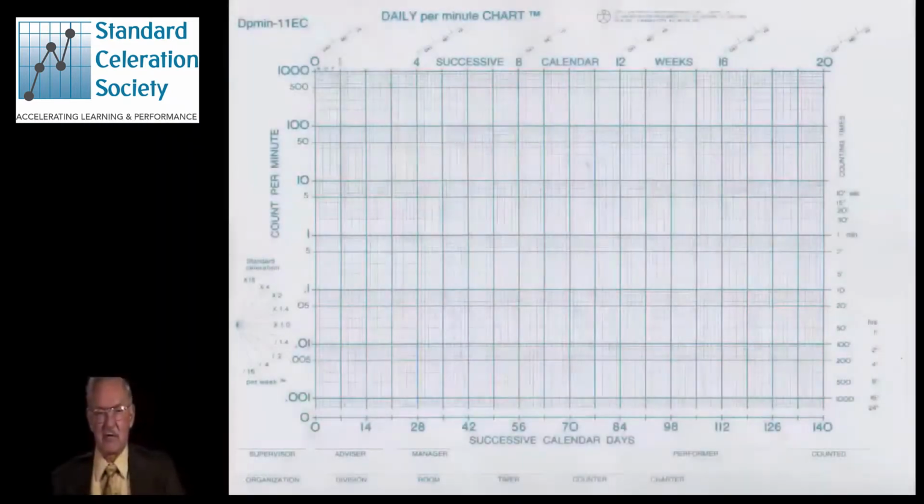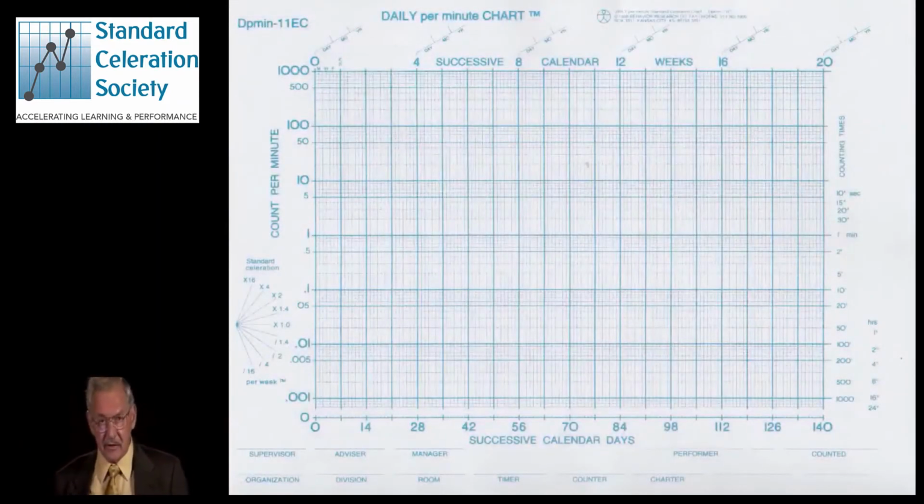Now that covers the procedure for plotting frequencies on the chart. Frequencies occur when we observe the behavior, we count it and time it, and we divide the count by the time and we get a frequency. But other things can happen on days, and one of the things you notice if you thought about it is